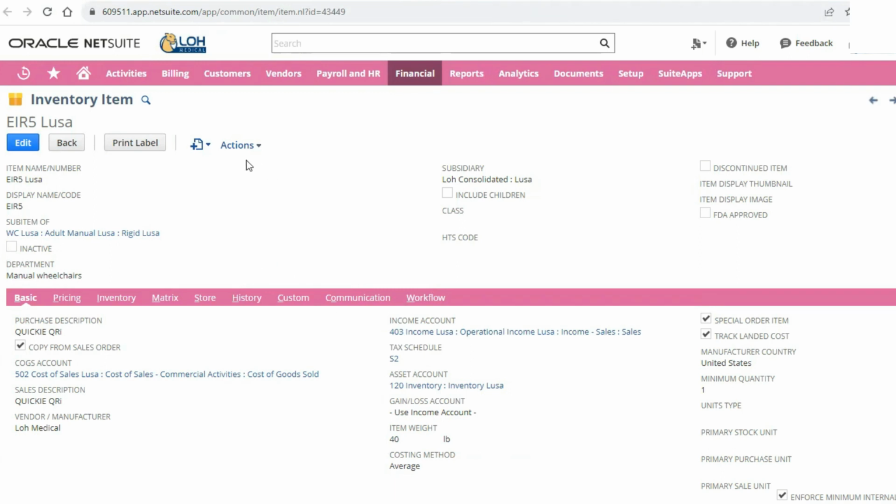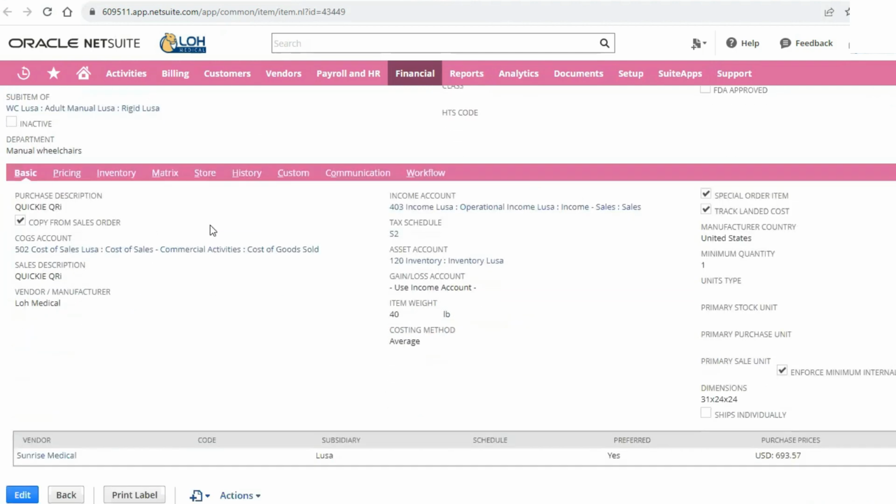Every item form has an item name and number, a department it belongs to, a subsidiary it belongs to, a purchase description, a vendor manufacturer, and different accounts that it's going to hit.